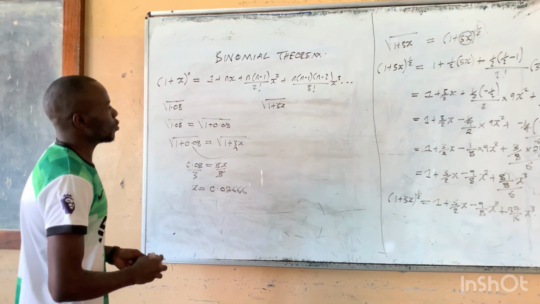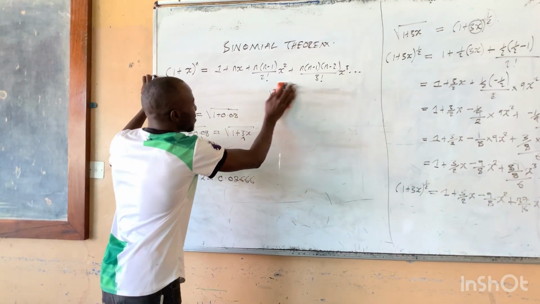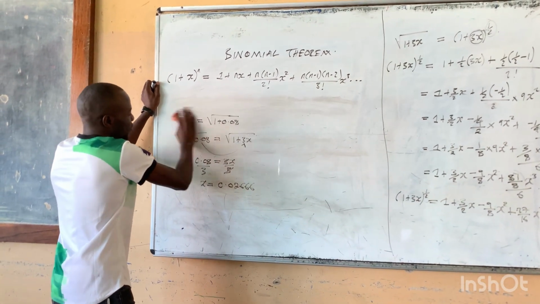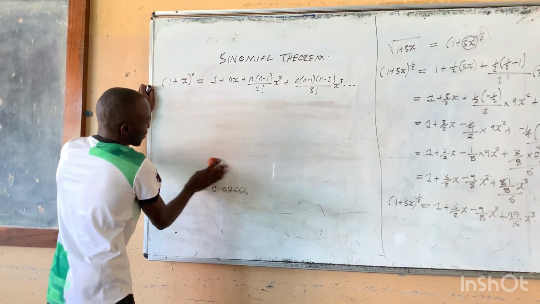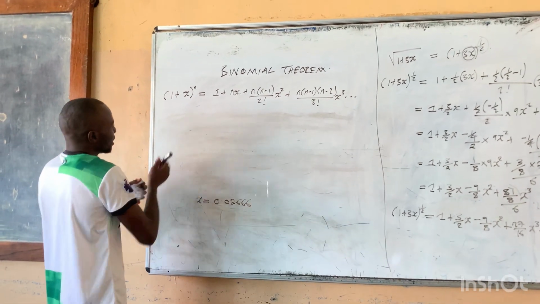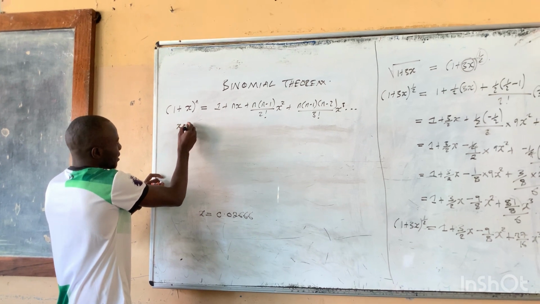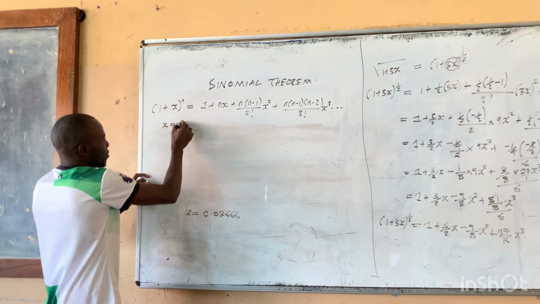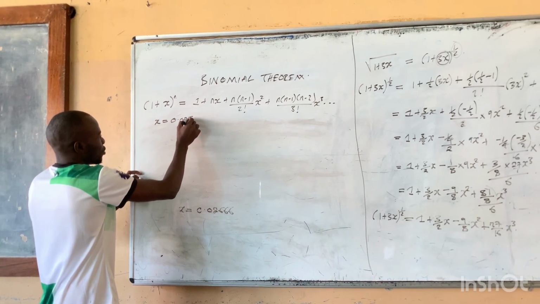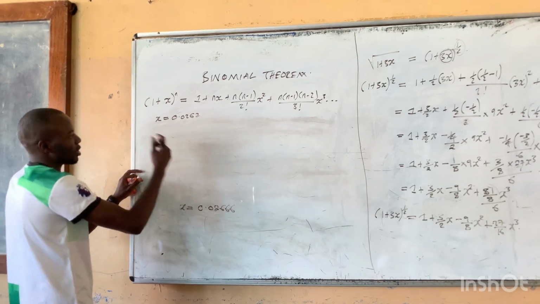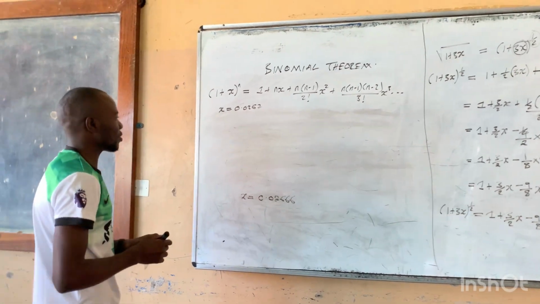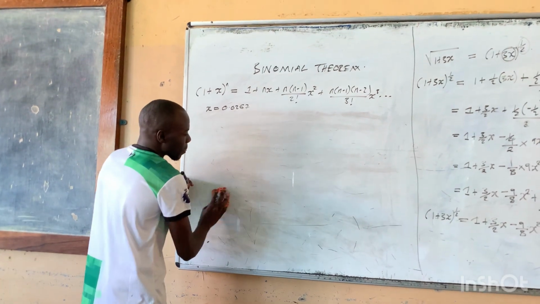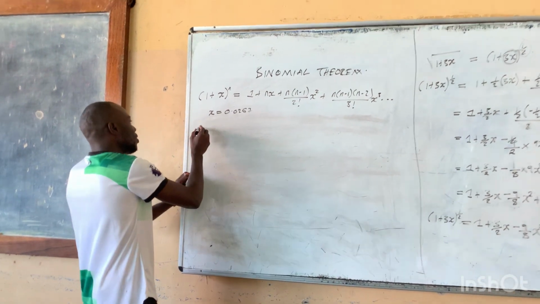So what are we going to do? I'll just erase this same part here. Since we know the value of x, let us write it here. The value of x here is 0.0267. You can maybe round it off, at least you get those figures. Okay, so now the square root of